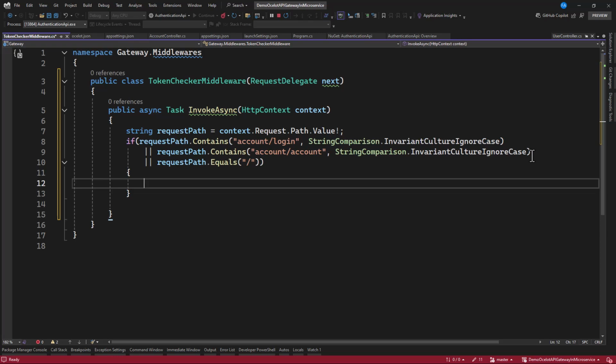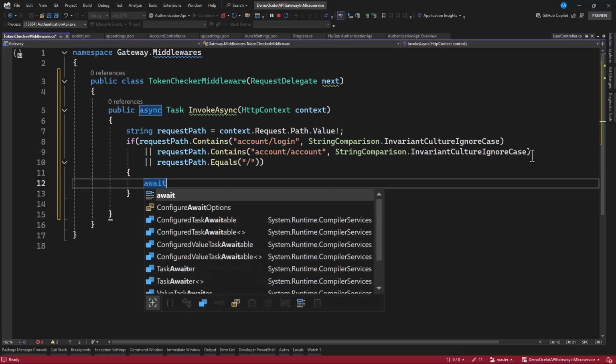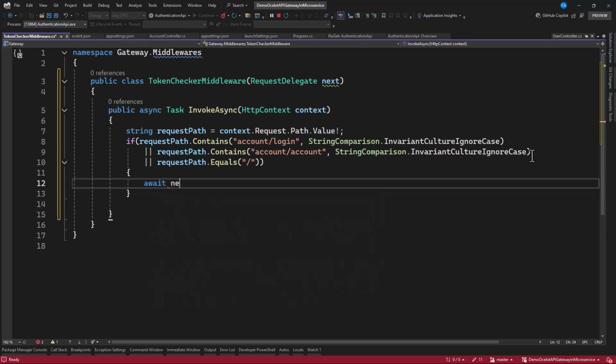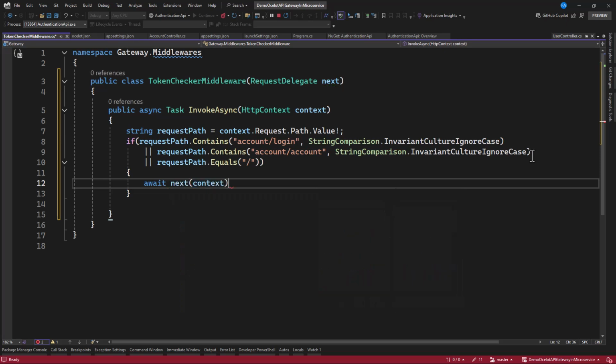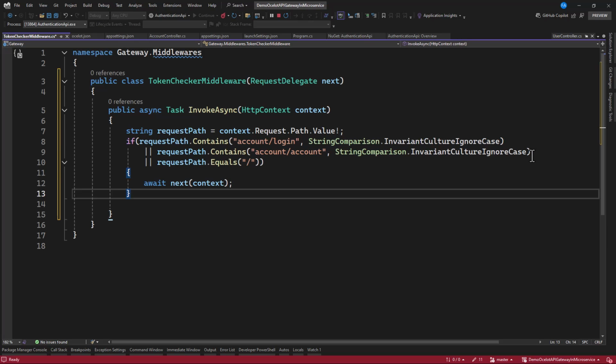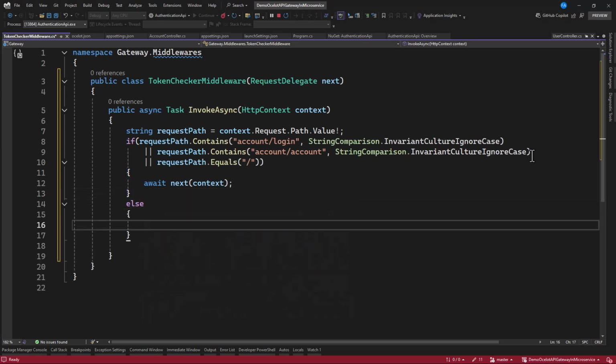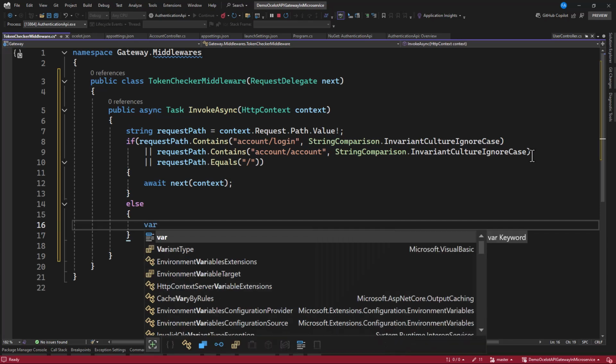Okay, then we want to forward it. So await next, and I execute the next middleware. But in case it isn't, then what are you going to do? In case the URL does not contain any of this, then you want to grab the authentication header. So we can say this is auth header.